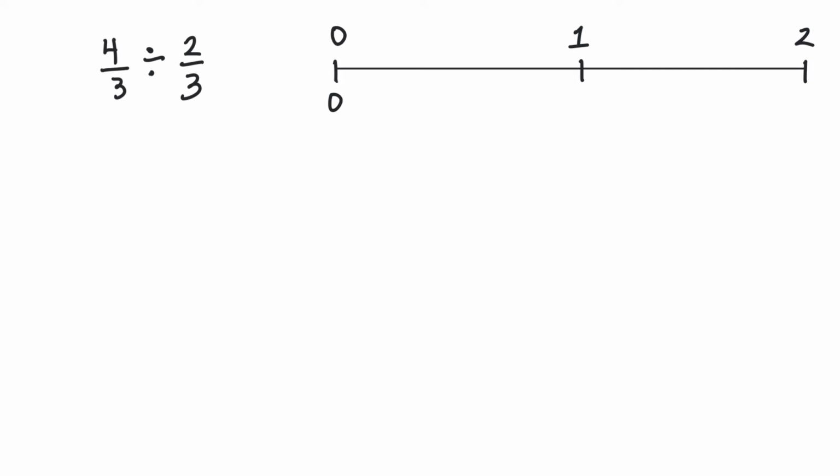We're going to divide 4/3 divided by 2/3 using the number line. If you notice, I made my number line all the way to 2 because we need 3 to make a whole and we have 4. So let's go ahead and divide our number line into thirds. We're going to label it. So this is 1/3,